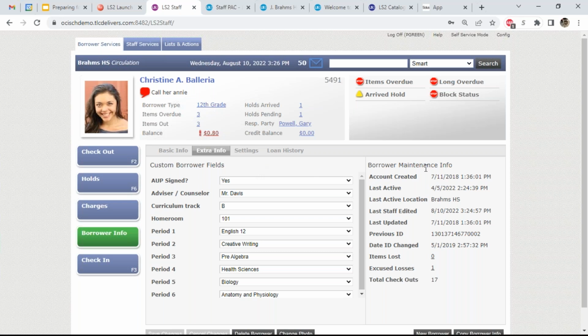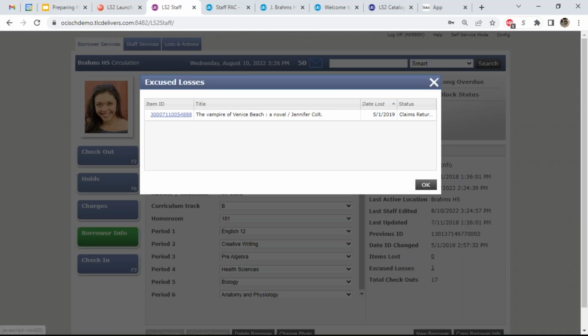Over here we have the borrower maintenance. So this is when the student account was created, modified, if the barcode was ever changed, things like that. But what I want to point out here is we also keep track of excused losses. So these are items that you have, there's a feature in the system that you can set an item to not checked out or already returned. So if a student says, I never had the item, you could override the item and set it to already returned, or you could say, the student says, I brought that back weeks ago, I'm sure you have it somewhere, and you believe the student, you could set the item to